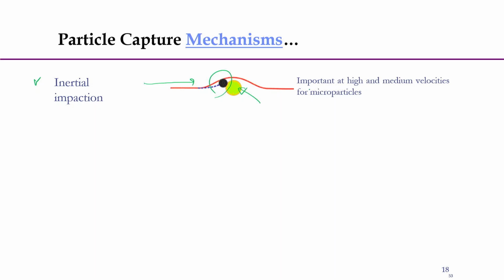So, it is important at high and medium velocities for microparticles. Microparticles are moving at high speed or medium speed along with the air stream, and during its path,